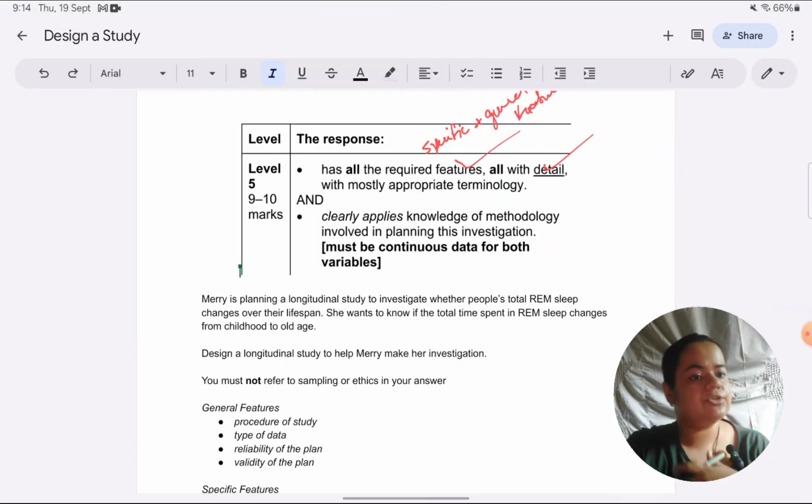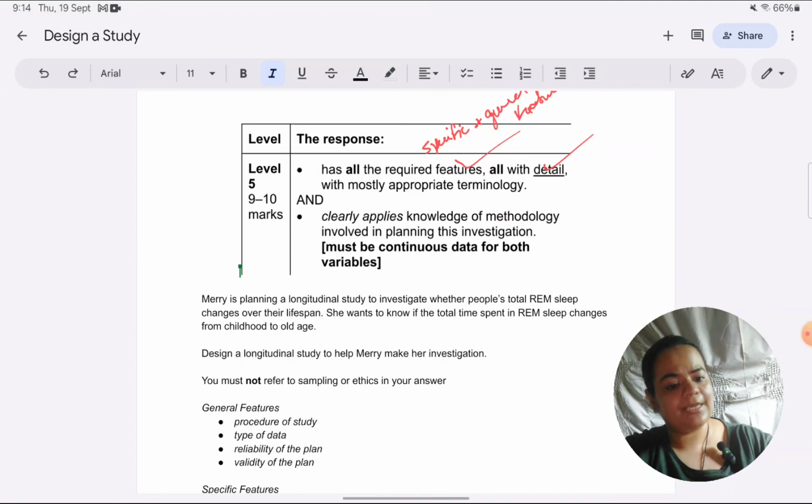In the same way, when I mentioned quantitative data, I mentioned that because she's calculating the minutes they have spent, that is why it is quantitative data. Or, for example, when I spoke about recontacting the participants, I mentioned how she'll be doing it through emails and through personal telephone calls. So that is how I have added detail. It's not that I just memorize the features, okay, these are the general, these are the specific features, now let me write there will be reliability, there will be validity, there will be controls. That's not how we go about it. We give details. So that's how we come to the level 5 mark band.